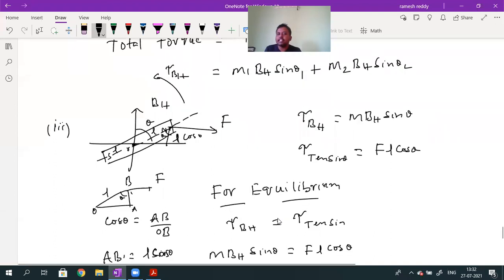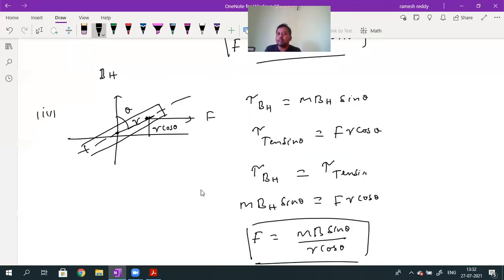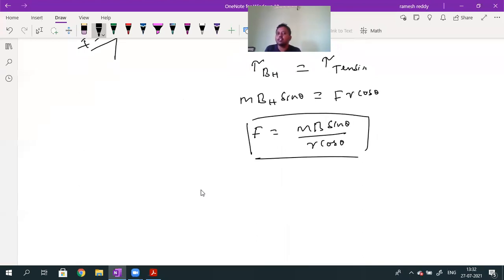Now this time, what is the perpendicular distance value in the second case? Force is applied at a distance r from the center of the bar magnet. The perpendicular distance value will become r into cos theta, which can also be written as M into B divided by small r into tan theta. How much force is needed to apply? That force value will be given by M into B into tan theta divided by r.